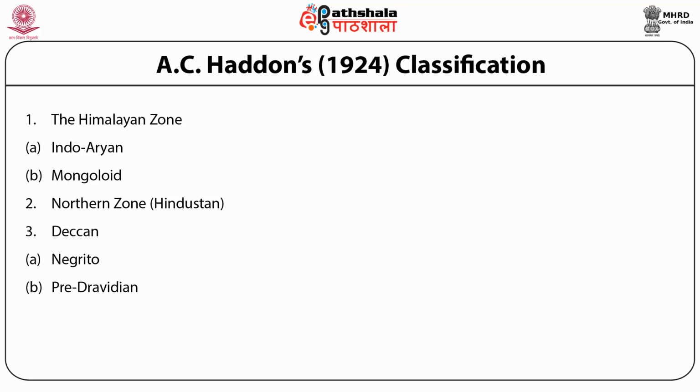Second subtype of Deccan is Pre-Dravidian. They form the oldest population. They are dolichocephalic, short stature, platyrrhine people. Their skin color is dark brown to nearly black. Some of the representatives are Bhils, Gonds, Oraon and Santhals. Third subtype is the Dravidian type. The characteristics are head is dolichocephalic, nose is Mizorini, stature is medium, skin color is brownish black, and the example of this Dravidian type is Tamil,